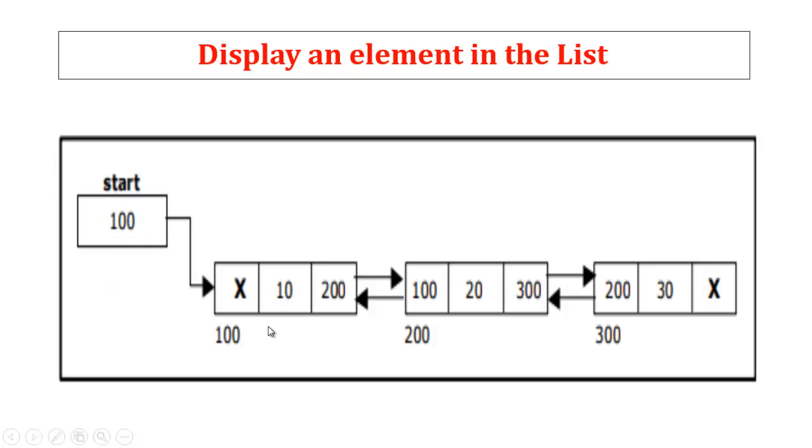What is the address of the first node? 100 is pointed to, that is, head points to the first node of the given list. So my aim is to display all the elements in the doubly linked list. We have to create a temporary pointer. Temp equal head means temp equal to 100. We visit temp of data; temp of data is 10. We print it, and then move to the second node and the third one, and this goes on until it reaches null, that is, temp not equal null. We have to check the condition.